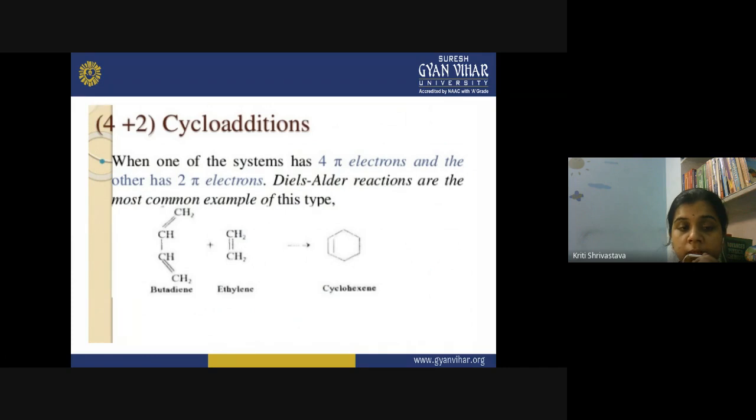It is not necessary that we always have ethylene here. Most of the time you have a substituted ethylene, and these types of questions are a very important part of your CSIR NET exam, JAM, and all other important examinations like this. The Diels-Alder reaction forms a major component of such question papers. You can expect at least 2 or 3 questions from this topic. So this topic is very, very important, and the ethylene molecule can have substituents as well.